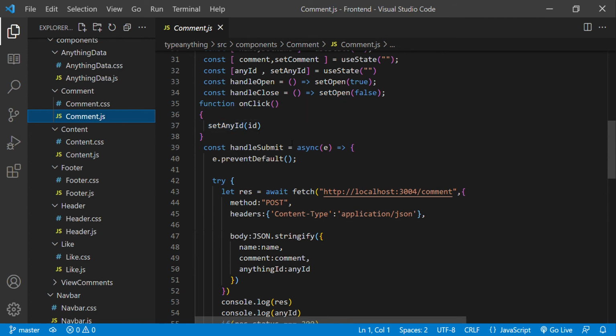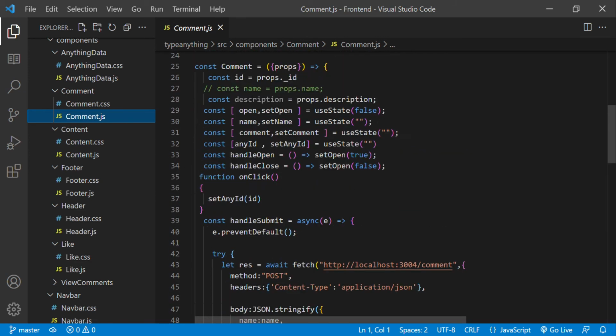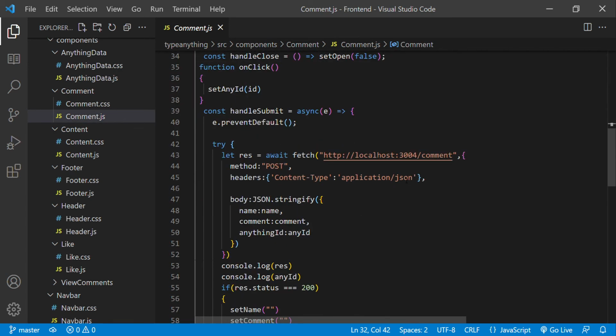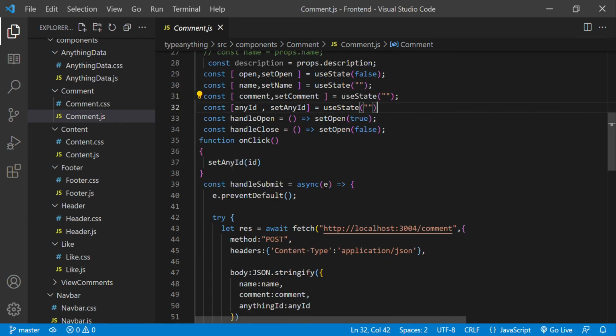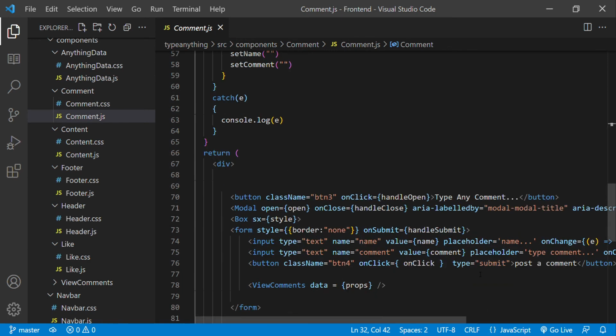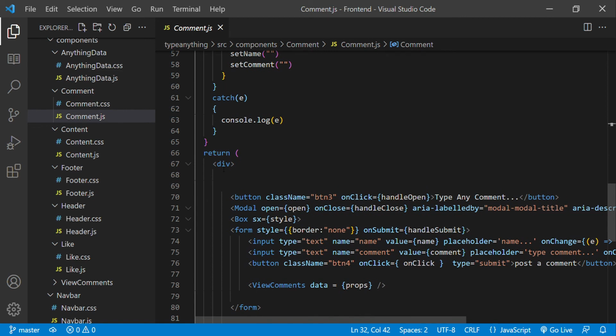The any id and set any id I have declared using the useState method, and this any id is the individual id that is sent from this method. Okay, and you can see this post method here,